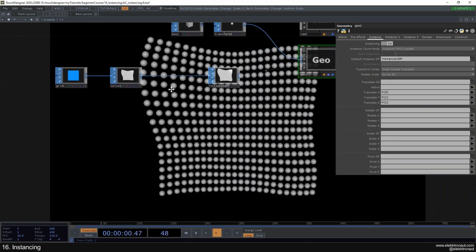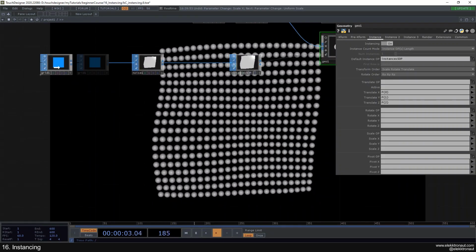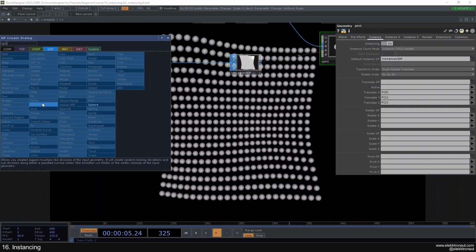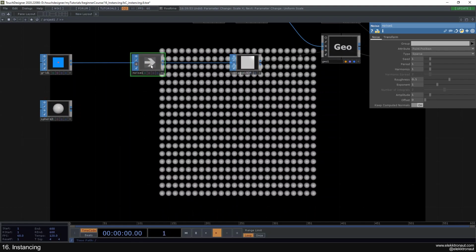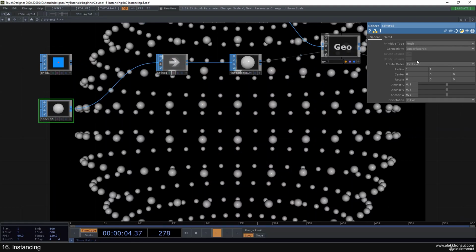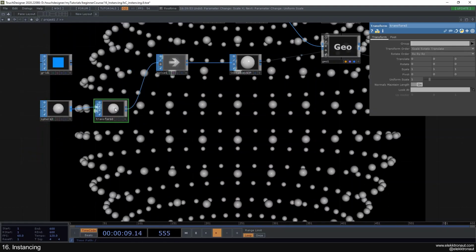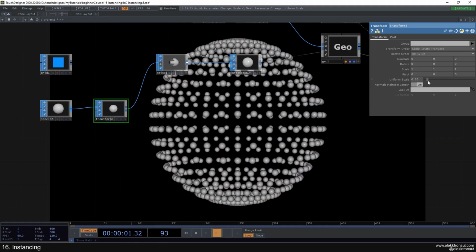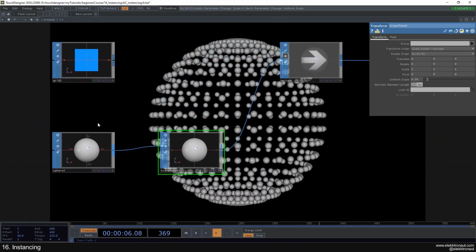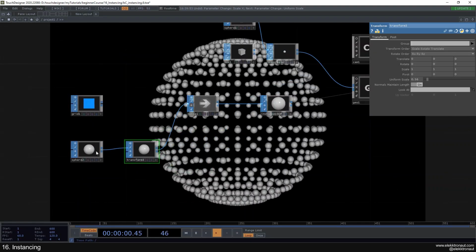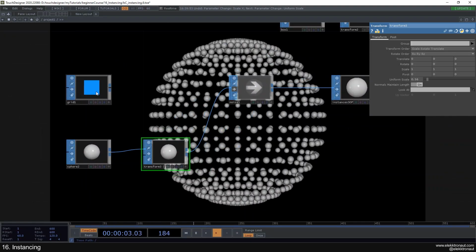Okay, so I'm going to show you a few more examples with SOPs. So another thing could be that you just use a sphere, and I'm going to bypass this, and use a sphere here instead, and let's put a transform here and make this a bit smaller. So now I'm pretty much doing the same thing. I'm just using the position data of my SOP here, and then before it was a grid